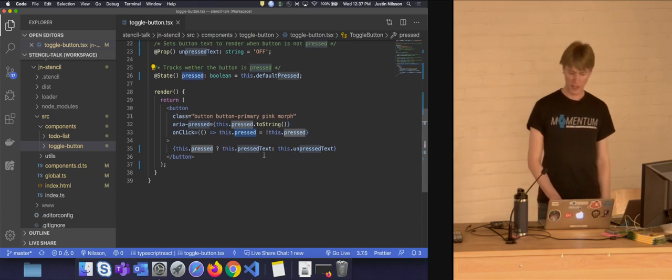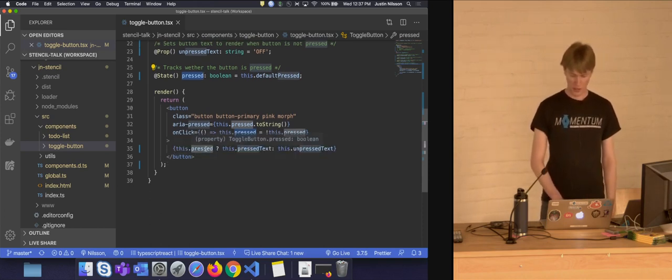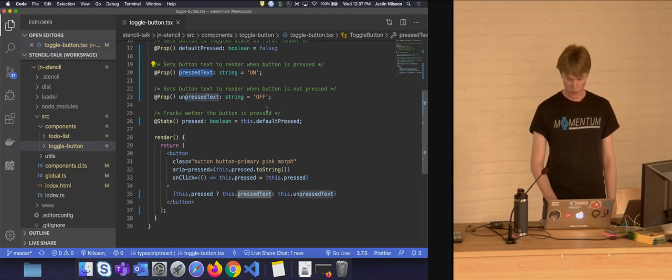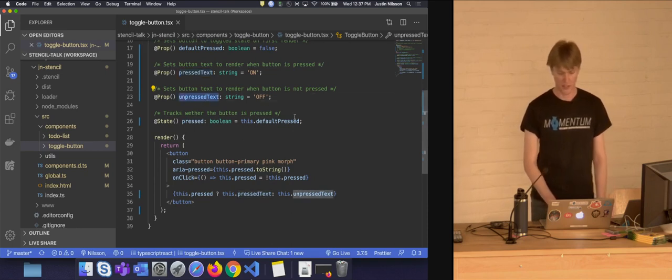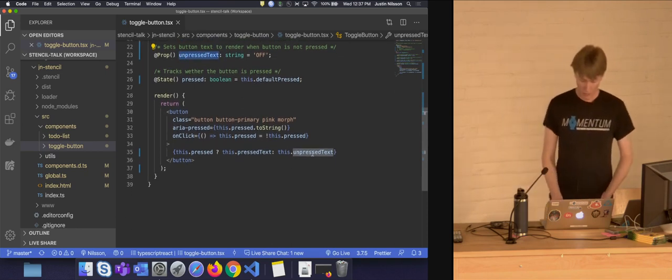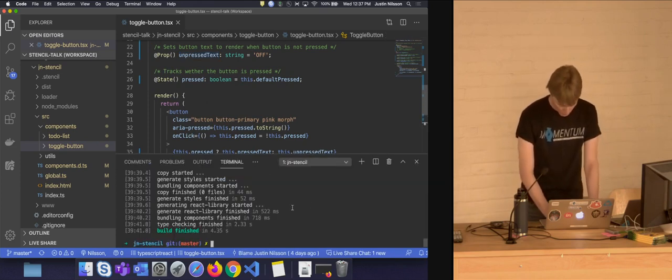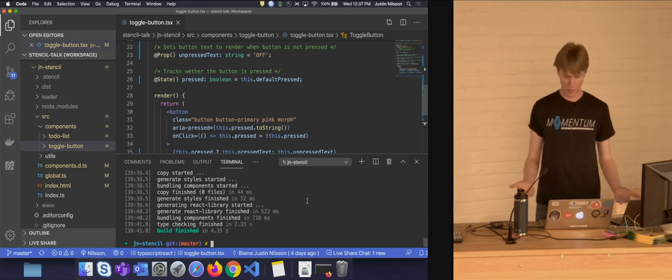And then finally, for the text inside of the button, we just take a look at our state var, and depending on its state, we're either going to render what is provided to pressed text, so if true, pressed text, and if false, we're going to render the unpressed text. So pretty straightforward, right? Well, why don't we go ahead and take a look and see what this actually looks like when running. So what I'm going to go ahead and do here is start up the dev server,